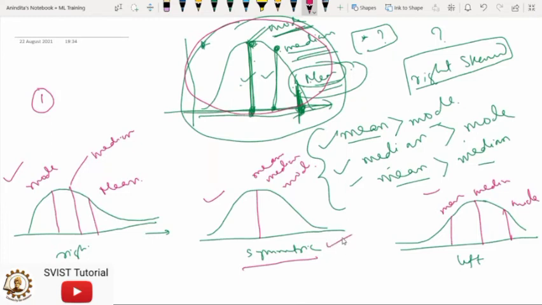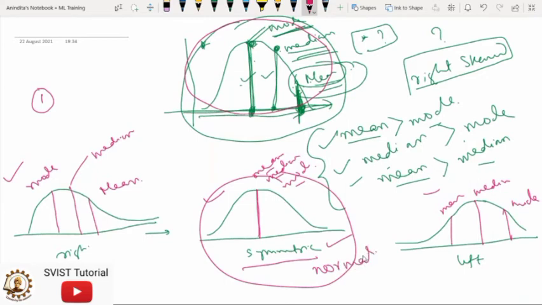Then you have to understand one point. If mean, median and mode exist in this position, it is the symmetric concept. But here, apart from mathematics, there will be a very simple question as a data scientist. What is the significance? Why are we drawing this kind of skew diagram? We know the concept of mathematics and everything, but why do we need this? Here there is one concept: we are always trying to find this symmetric kind of distribution. This symmetric kind of distribution is known as normal distribution.